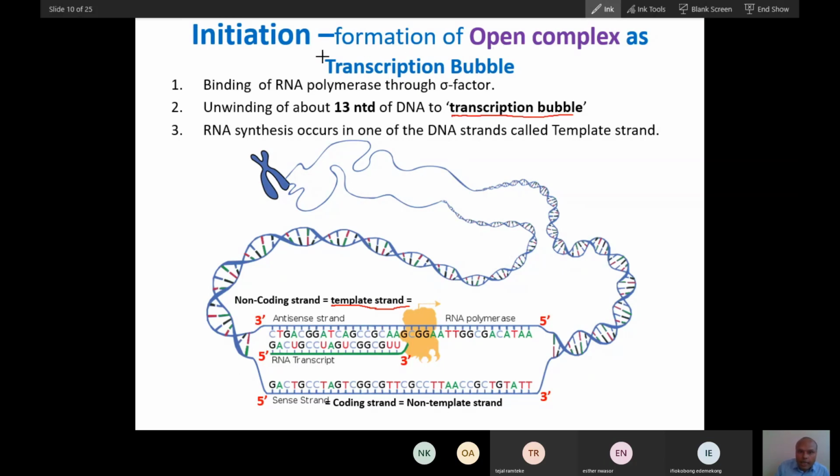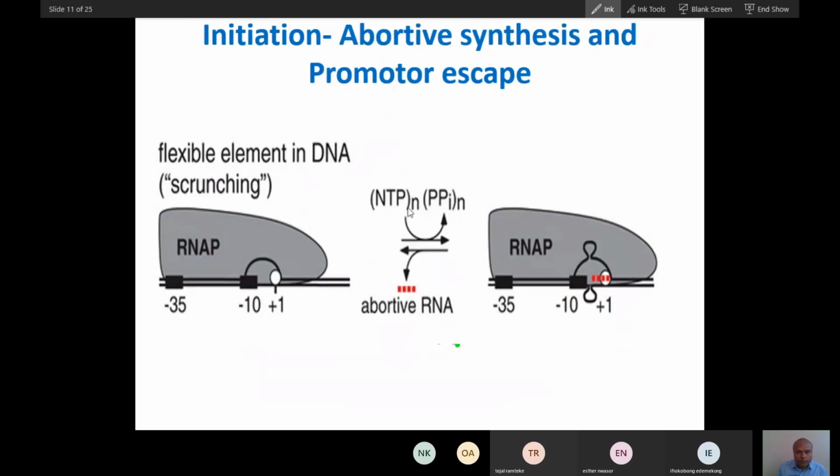So the open complex, the second event, will be the open bubble in the promoter region. This opening will be accompanied by scrunching, which will pull the DNA, and then RNA polymerase will escape the promoter region. Pulling of this DNA utilizes ATP, and there will be very small 2 to 10 nucleotide RNA synthesis, and this is called abortive synthesis. And then after RNA polymerase escapes this promoter region,